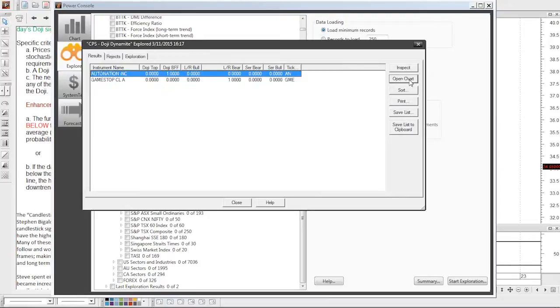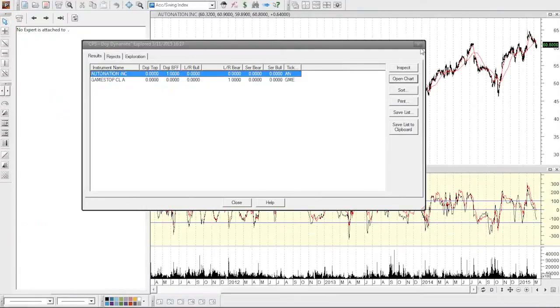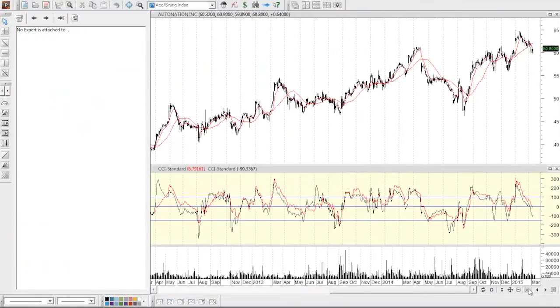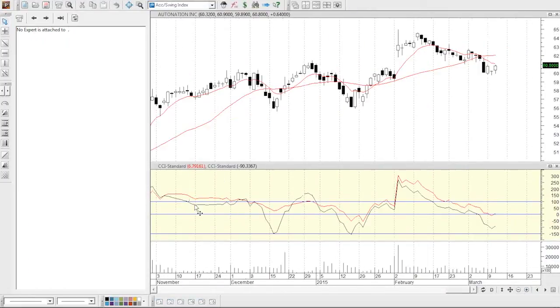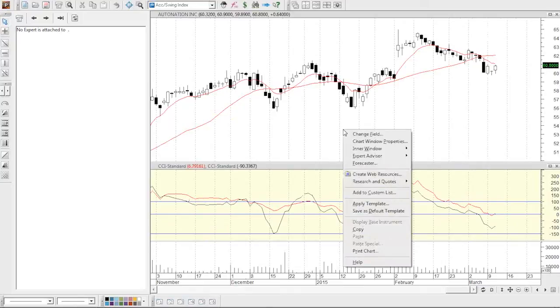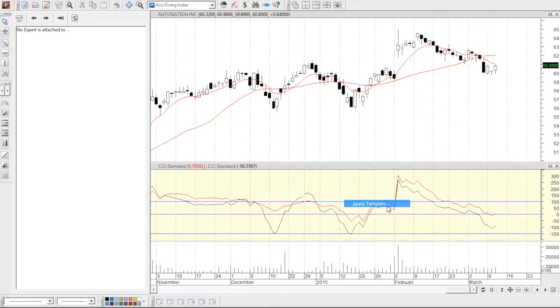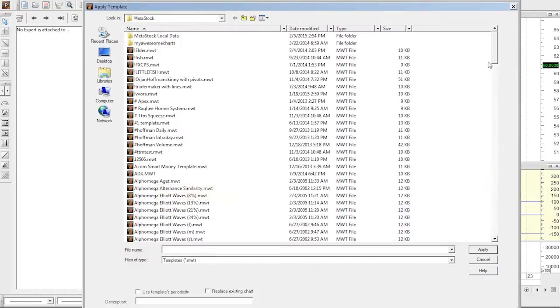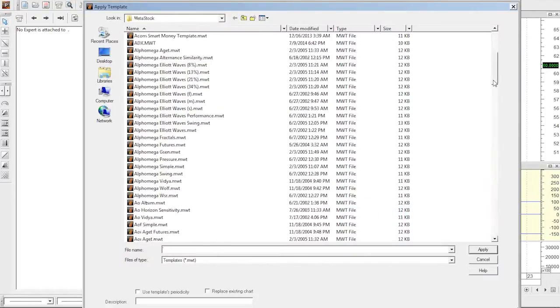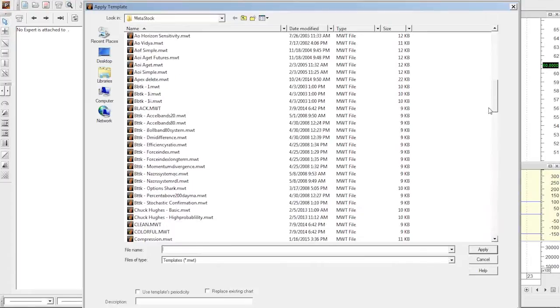I am going to go ahead and open up the chart for AutoNation. We'll scroll in a little bit here. Now I'm not looking at that view, so I want to attach that expert advisor we were talking about and apply all the indicators so I can look at it with the correct analyses attached. So I'll click on Apply Template, and I'm going to look at